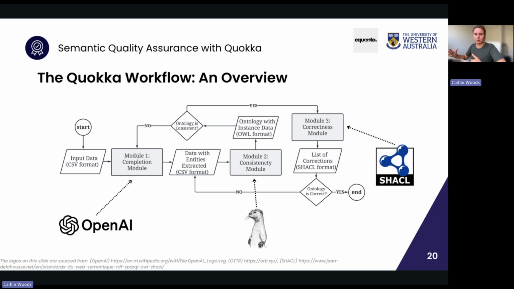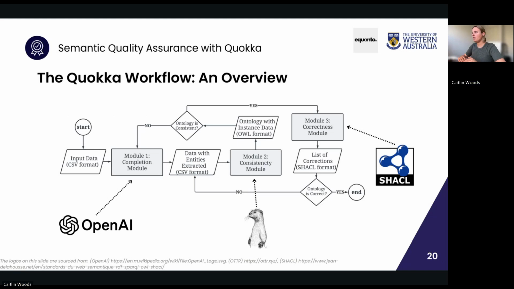So we've developed some Python code that is completely configurable. You can come in with a new language model, a new set of templates and a new set of SHACL shapes, and this code will work to perform this semantic validation